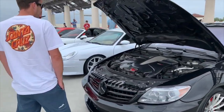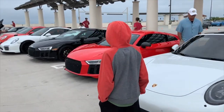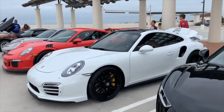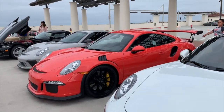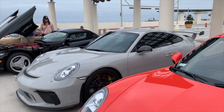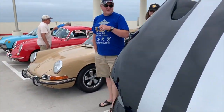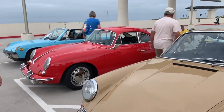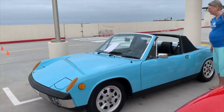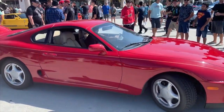AMG, and then Porsche, nice little Targa there. A couple of R8s, very nice. And then a couple more Porsches here. I really love that. That's called Lava Orange. That's the GT3 RS. Nice colour. Here's another one here in that same colour before. Viper, and then a couple of classic Porsches here. 356 and then a little 914 here. Very nice. So we have a classic Supra here,